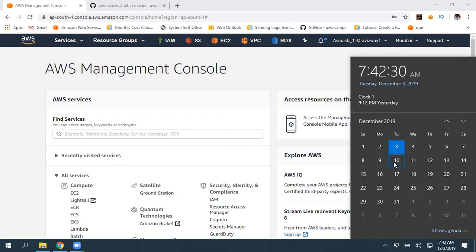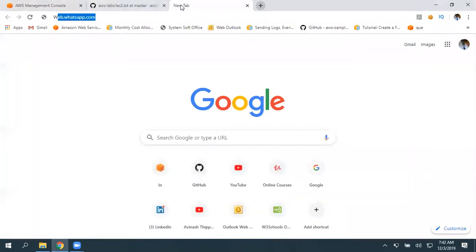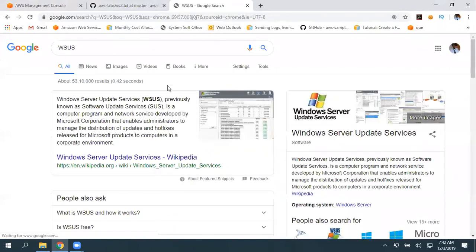Or what is that server deployment? Yes. Okay, so WSUS. Yes. So we use WSUS, Windows Server Update Services. Generally, we use this.